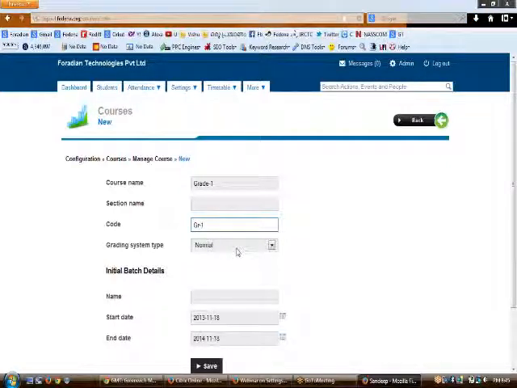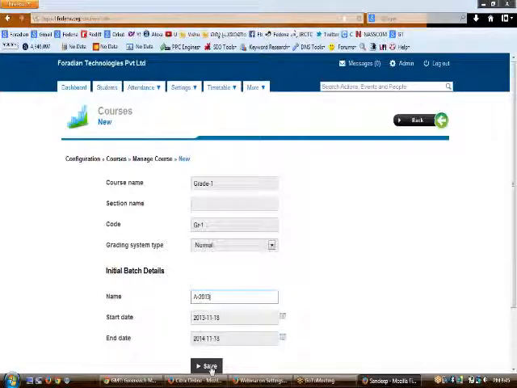If we have grading system types like normal, GPA, CWA and CCE, you can opt for the grading system type for your course, and then the batch details. Let us say you want to name this batch A 2013. You can do so by clicking on save.